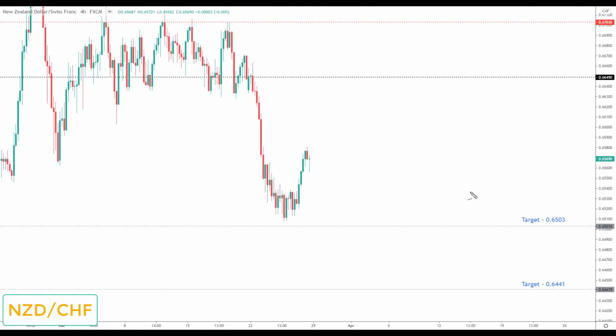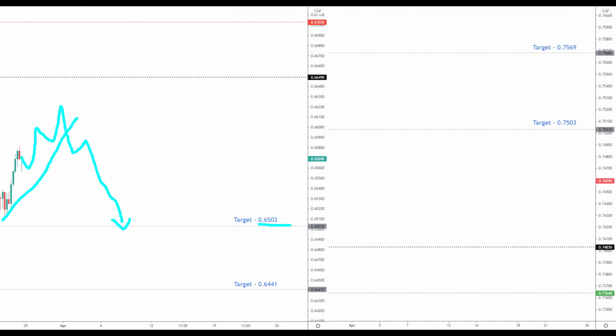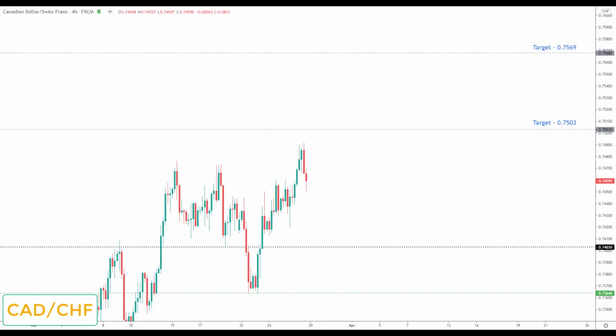New Zealand Frank, this market is structured to the downside and we had some really nice momentum, so I would not be surprised to see lower lows in this market, but it does not go on the watch list. I would prefer, for example, New Zealand Cad over New Zealand Frank. If you are looking to trade this, any correction as we're already getting is viewed as the opportunity to start to look for bearish reversals down to the next key area of support to the downside and the target set at the 0.6503.